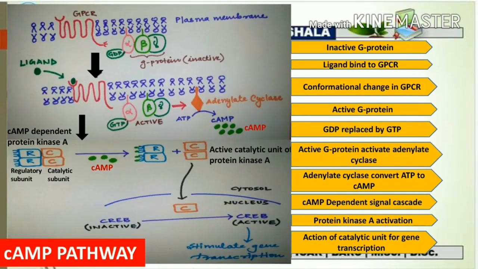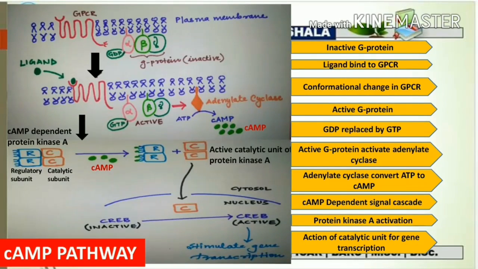So in this way, we can say that the regulation of transcription by protein kinase A is mainly achieved by the direct phosphorylation of the transcription factor, that is CREB. After the activation of CREB protein, it is going to take part in the stimulation of different gene transcription. So if we summarize the whole pathway, first of all, there is a need of an external ligand